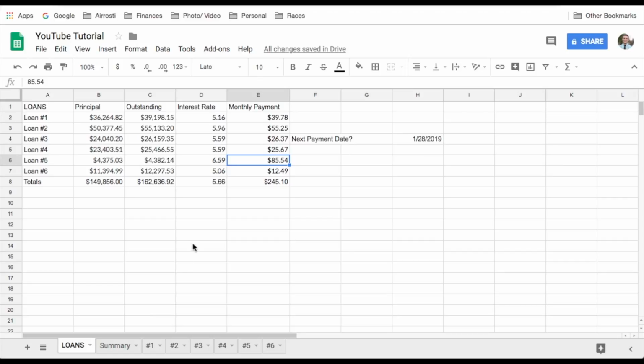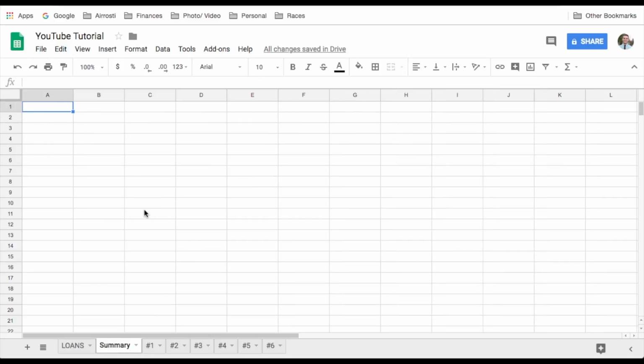So now that we have all this done, we're going to go over to the summary tab here and start filling that out. The summary tab, we're going to do the same thing here. We're going to put in loans. This is going to be daily interest, monthly interest,